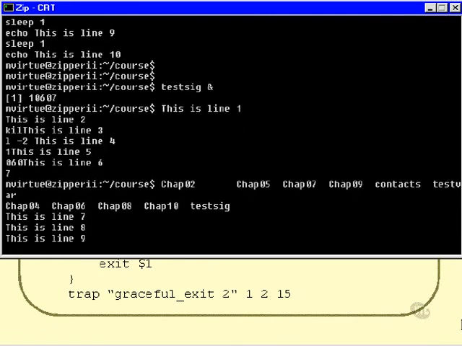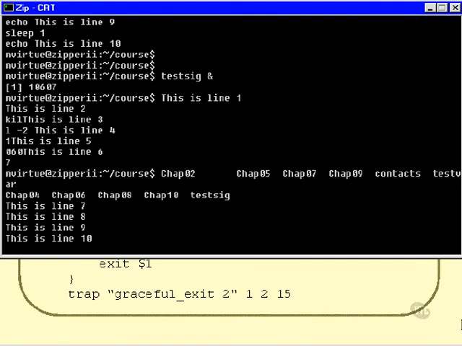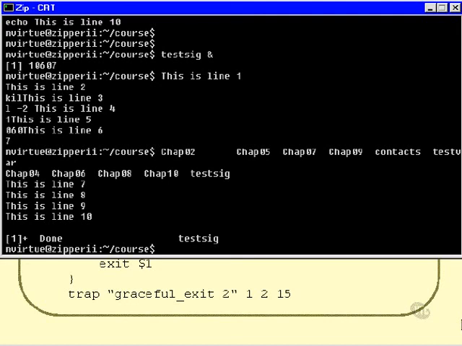and there is the output of the ls, and as you can see this is line 7, this is line 8, this is line 9, this is line 10, also appear immediately afterwards. So if you follow it down you can see this is line 1, this is line 2, it all gets a bit mixed up there because I'm trying to type at the same time, and that typing comes out on the screen as well. This is line 3, 4, 5, 6,